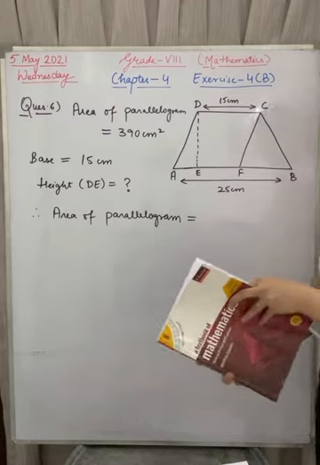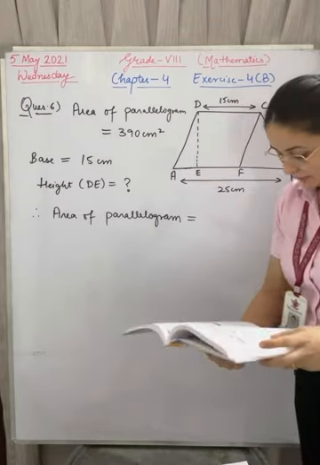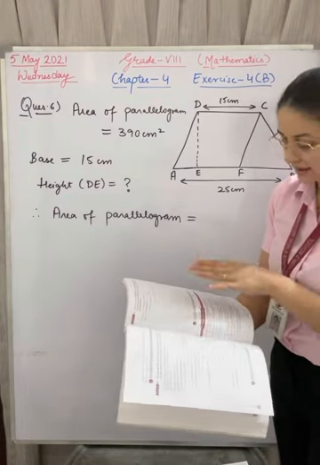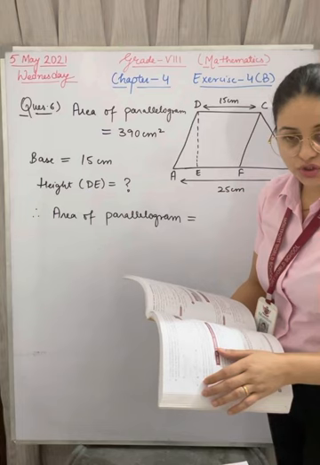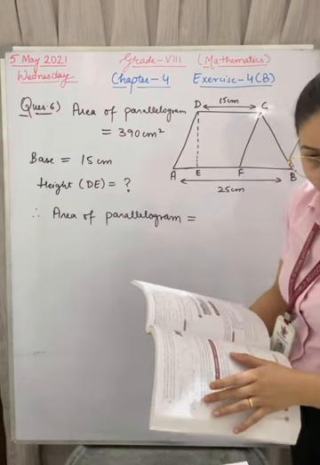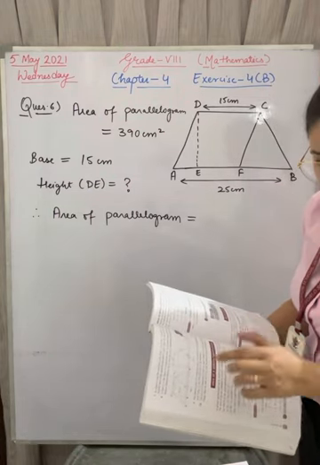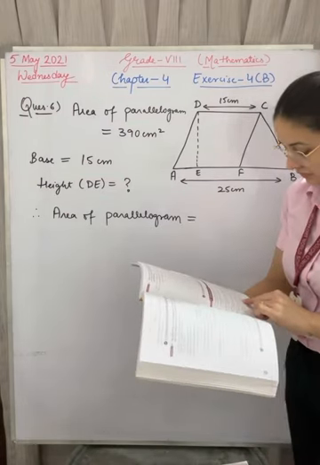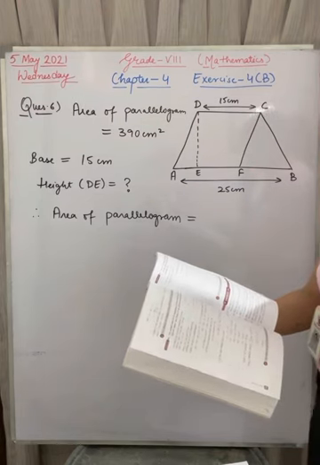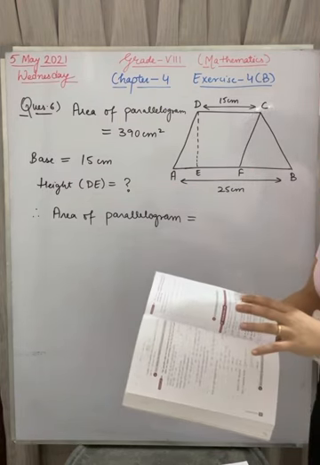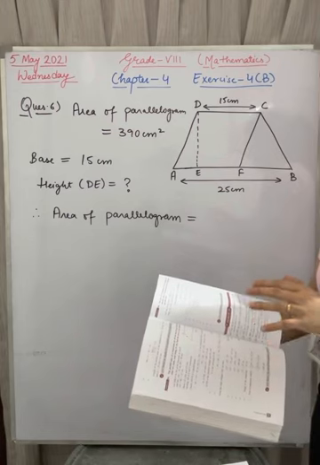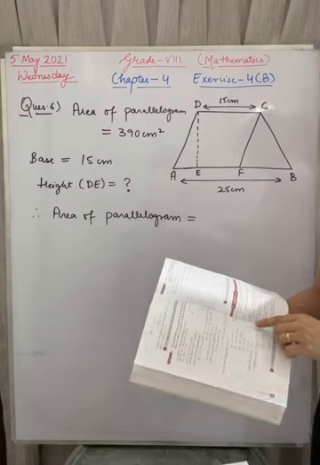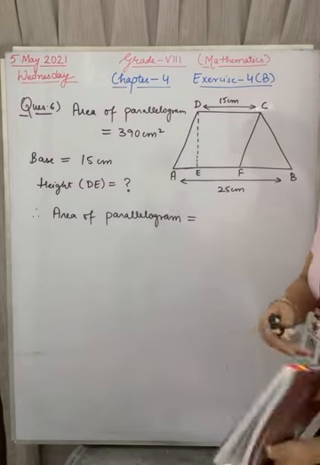In question 6, they are saying that a parallelogram, see, they have given in figure 1. Figure 1 means turn the page; 3 figures are mentioned in the book, and figure 1 is the figure of the 6th question. A parallelogram is drawn in a trapezium. If the area of the parallelogram is 390 centimeters square, find the area of the trapezium.